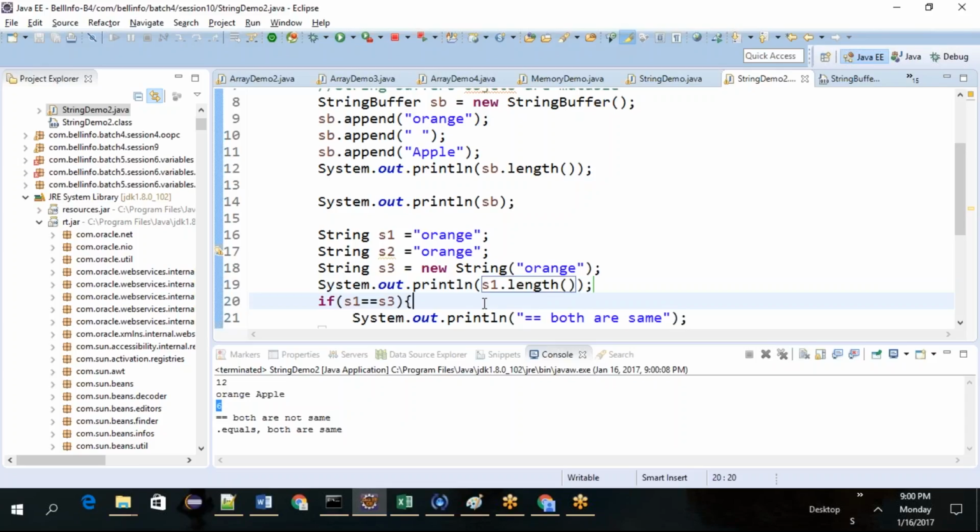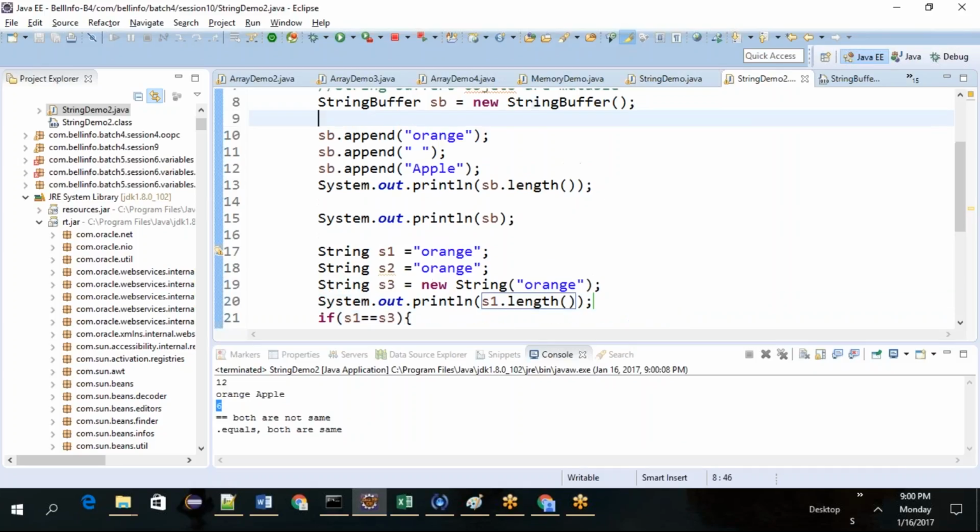I'm going to send another assignment to you guys today. So practice, go back and read about Strings and StringBuffer, and one more concept called StringBuilder. sbd equal to new StringBuilder.